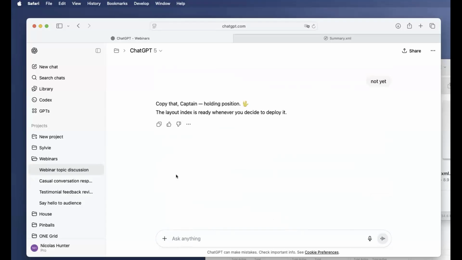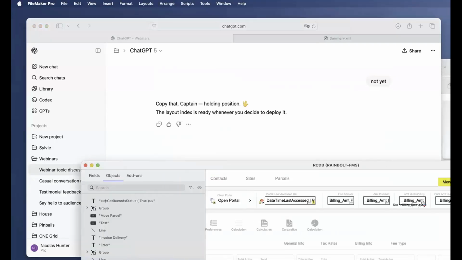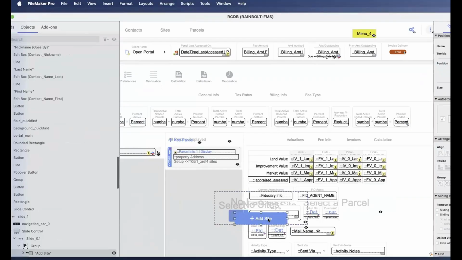Okay, so now let's do something. So I'm in this layout, okay? And it doesn't know that I am in this layout, right? It doesn't know.